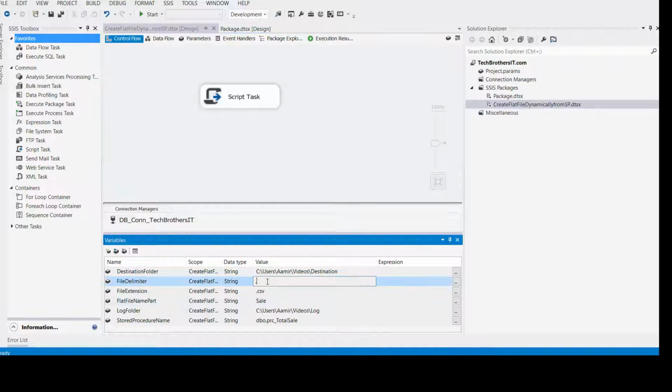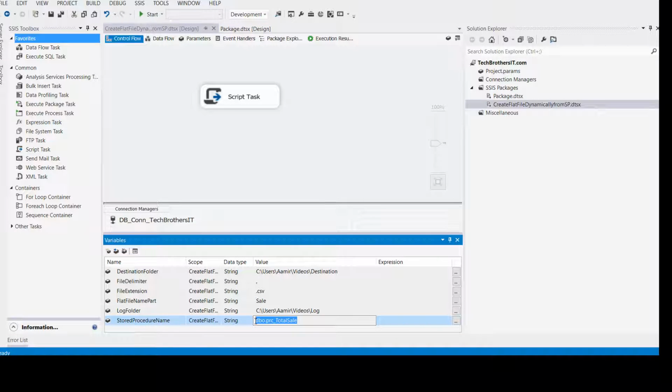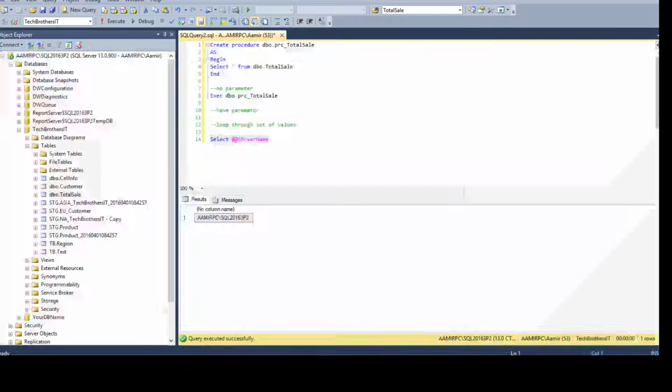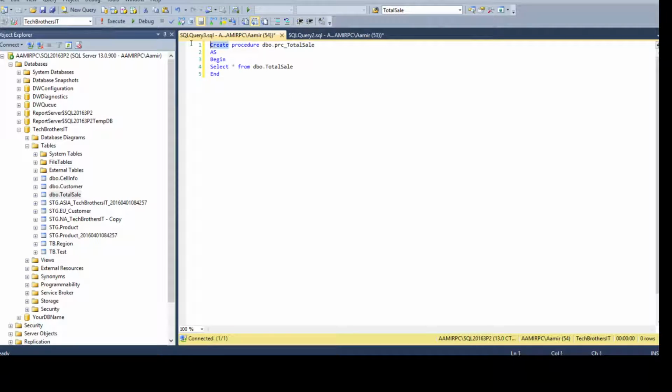You see that you can control different things here. You can have different file delimiters, different extensions. You can change the file name part. Now we are interested in what we can do if we have a parameter for our stored procedure. Let's go back and change that first of all. So we are going to say alter procedure, copy this entire code, a new query maybe will work better. We say alter procedure,